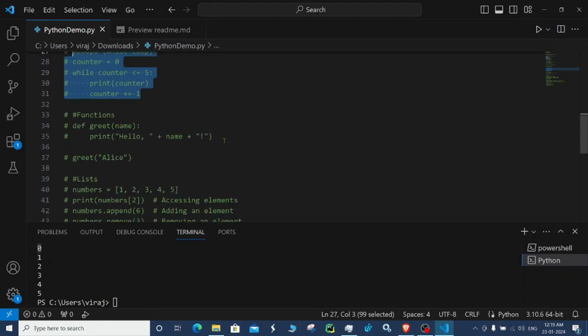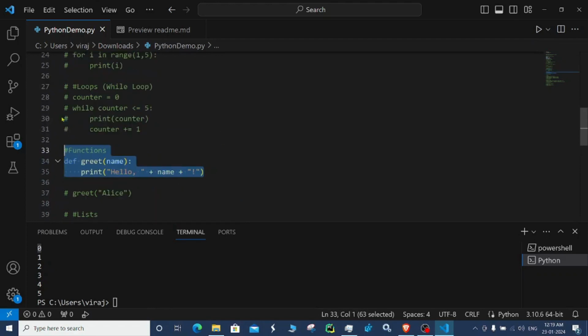So the next thing is functions. Functions are like reusable pieces of code. I'll explain how to define a function and call it, and we'll also look at some inbuilt functions in Python. So basically,